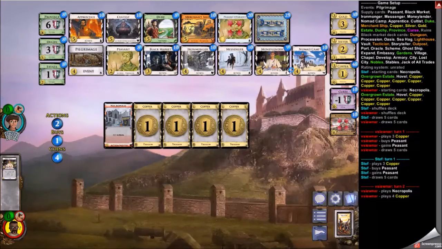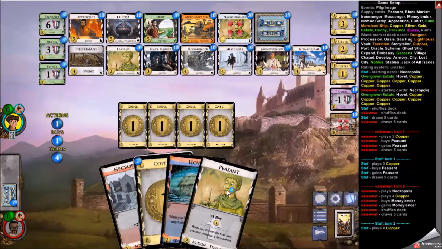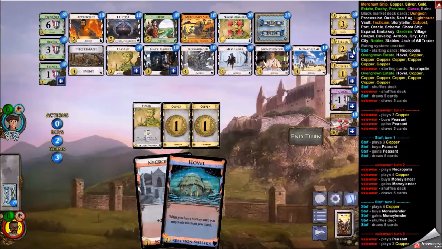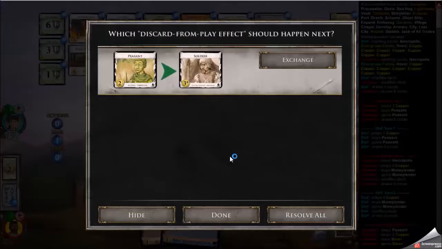Additionally, there's a moneylender. Opening double terminal with Necropolis is a little bit better, and moneylender is not your only source of trashing, but is the nicest source of trashing on the board. Apprentice, getting rid of copper, yeah, that's not particularly attractive. Getting rid of estates with the apprentice is a little bit better. It is decent. But getting rid of the copper, you would really rather have a dedicated copper trasher to do that for you. So I do pick up the Moneylender and the Peasant on the opening,